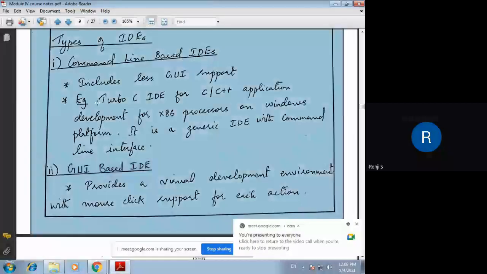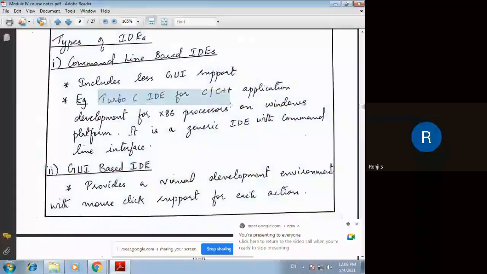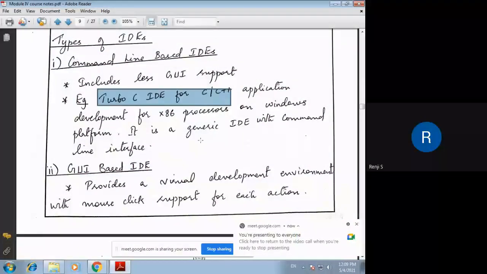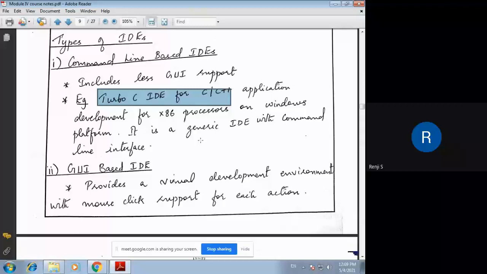An example is given here, the Turbo C IDE. You might have seen the Turbo C IDE, it just comes as a prompt, and you have to type in the commands that you need to run, for example, for compiling Java, you write javac filename.java, etc. These are the commands that you give in through the command line. So you have to remember the commands, and you have to understand the commands well, and type in the commands through the IDEs. And such IDEs are called command line based IDEs.